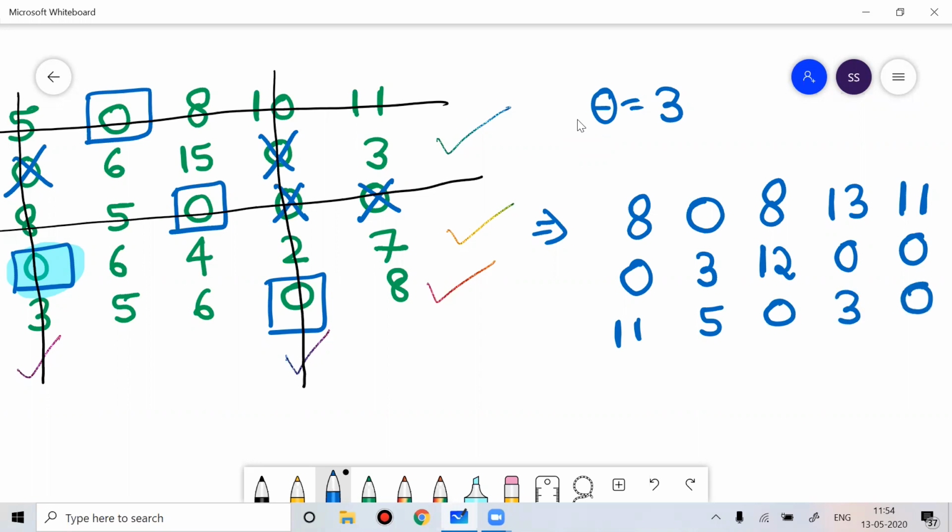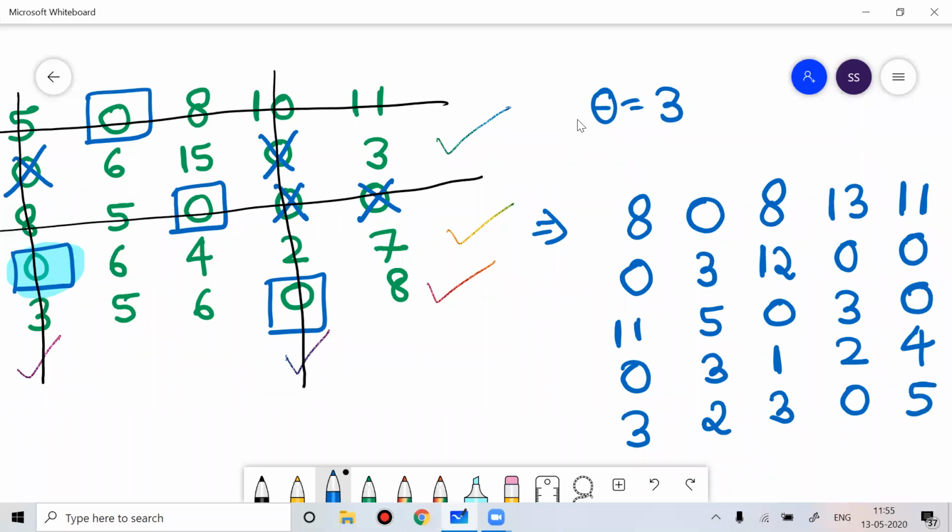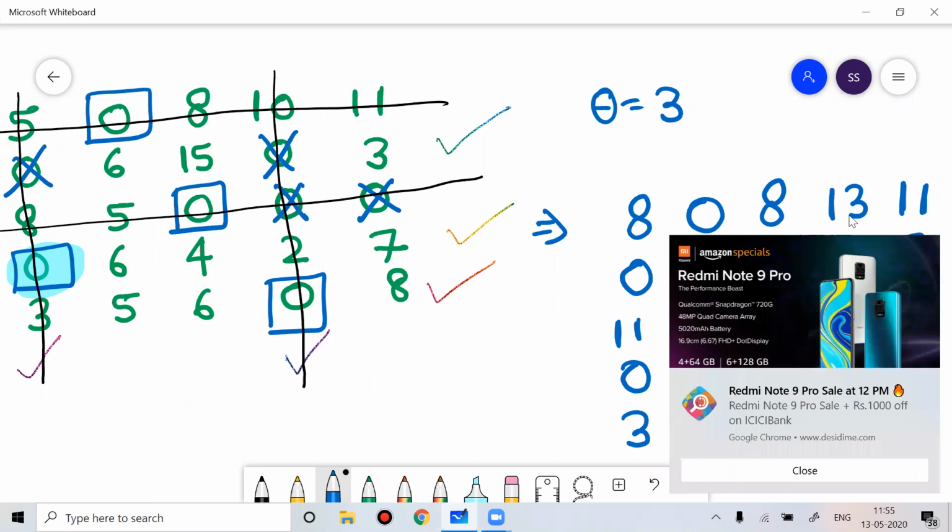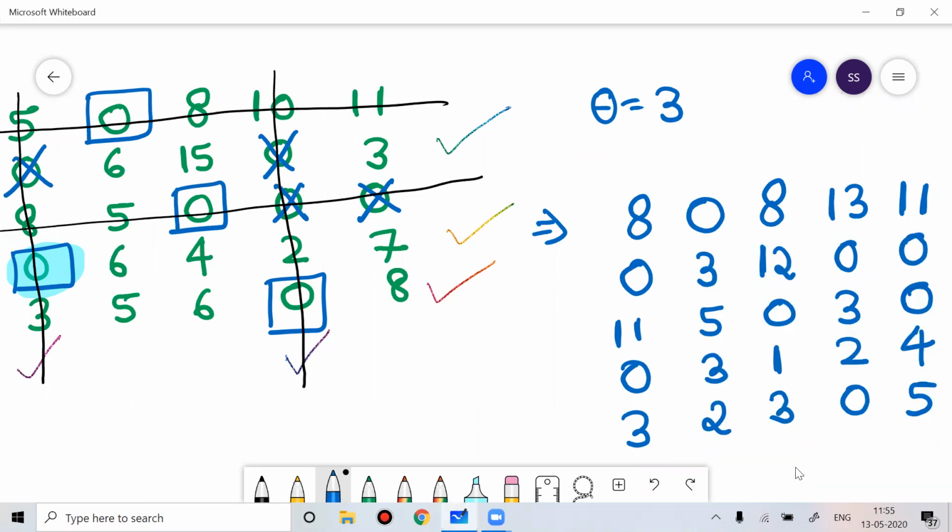Then 0. Then 3. Then 1. Then 2. Then 7 minus 3 is 4. Then 3. 5 minus 3 is 2. Then 6 minus 3 is 3. 0 will remain 0. And 8 minus 3 is 5. Now you get the new matrix, because your theta is 3. So once you get this new matrix,